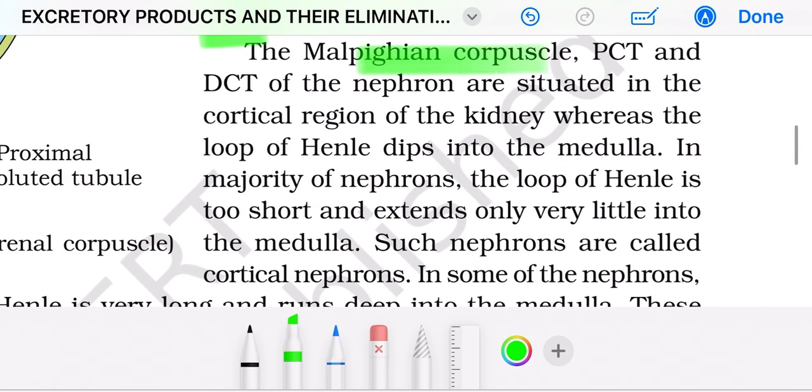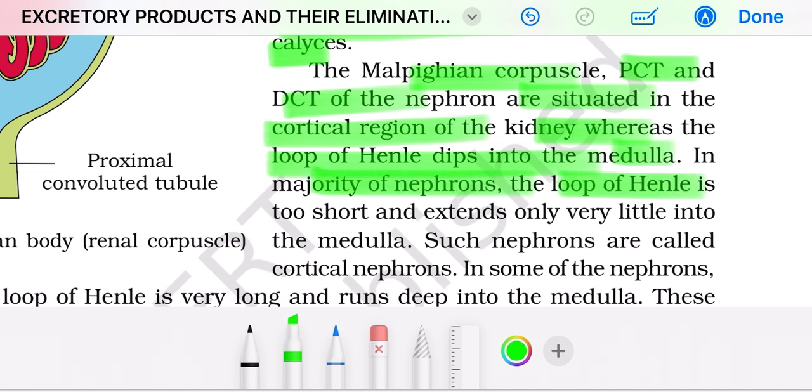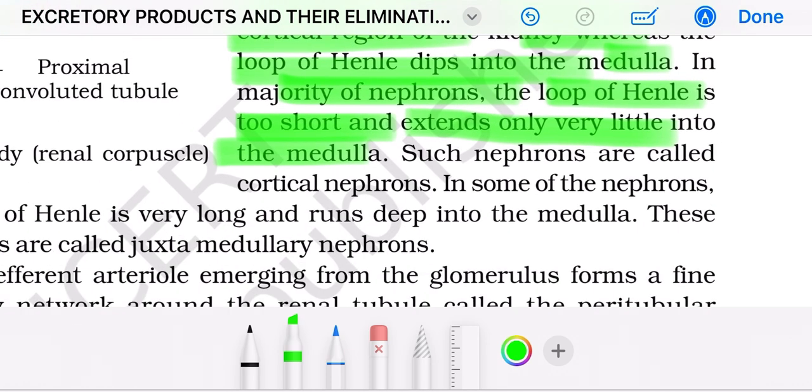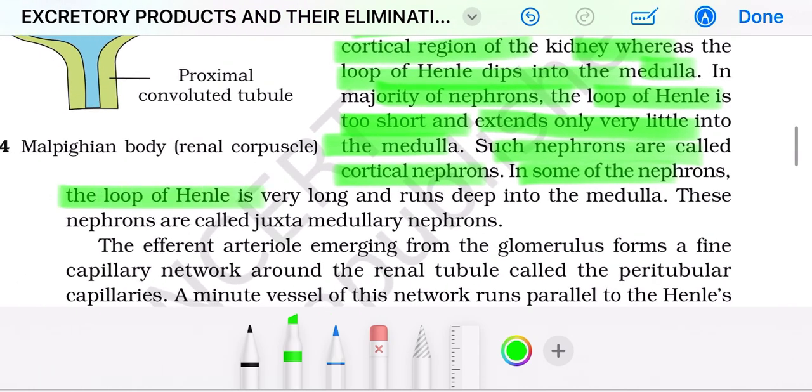The Malpighian corpuscle, PCT and DCT of the nephron are situated in the cortical region of the kidney, whereas the loop of Henle dips into the medulla. In the majority of nephrons, the loop of Henle is very short and extends only very little into the medulla. Such nephrons are called cortical nephrons. In some nephrons, the loop of Henle is very long and runs deep into the medulla. These nephrons are called